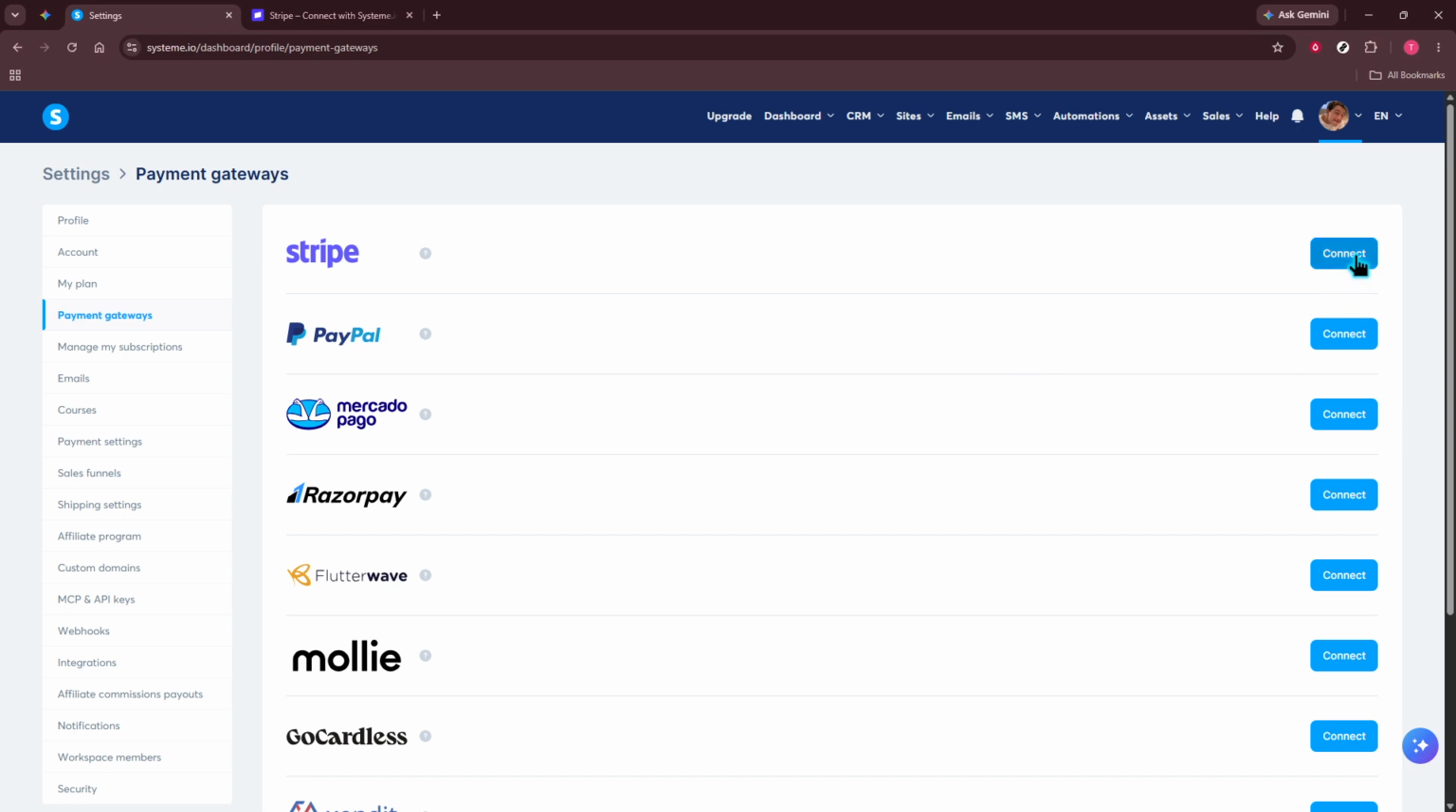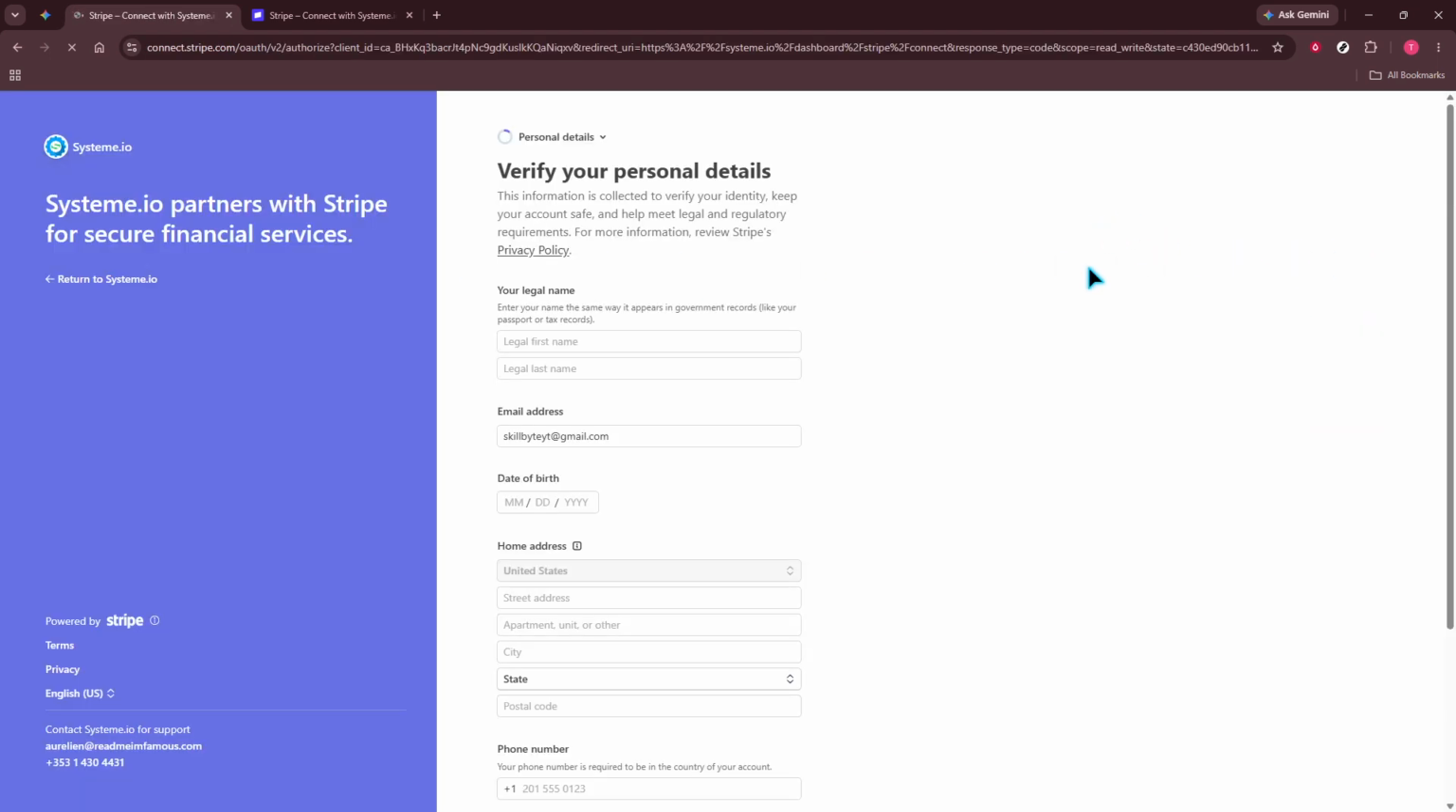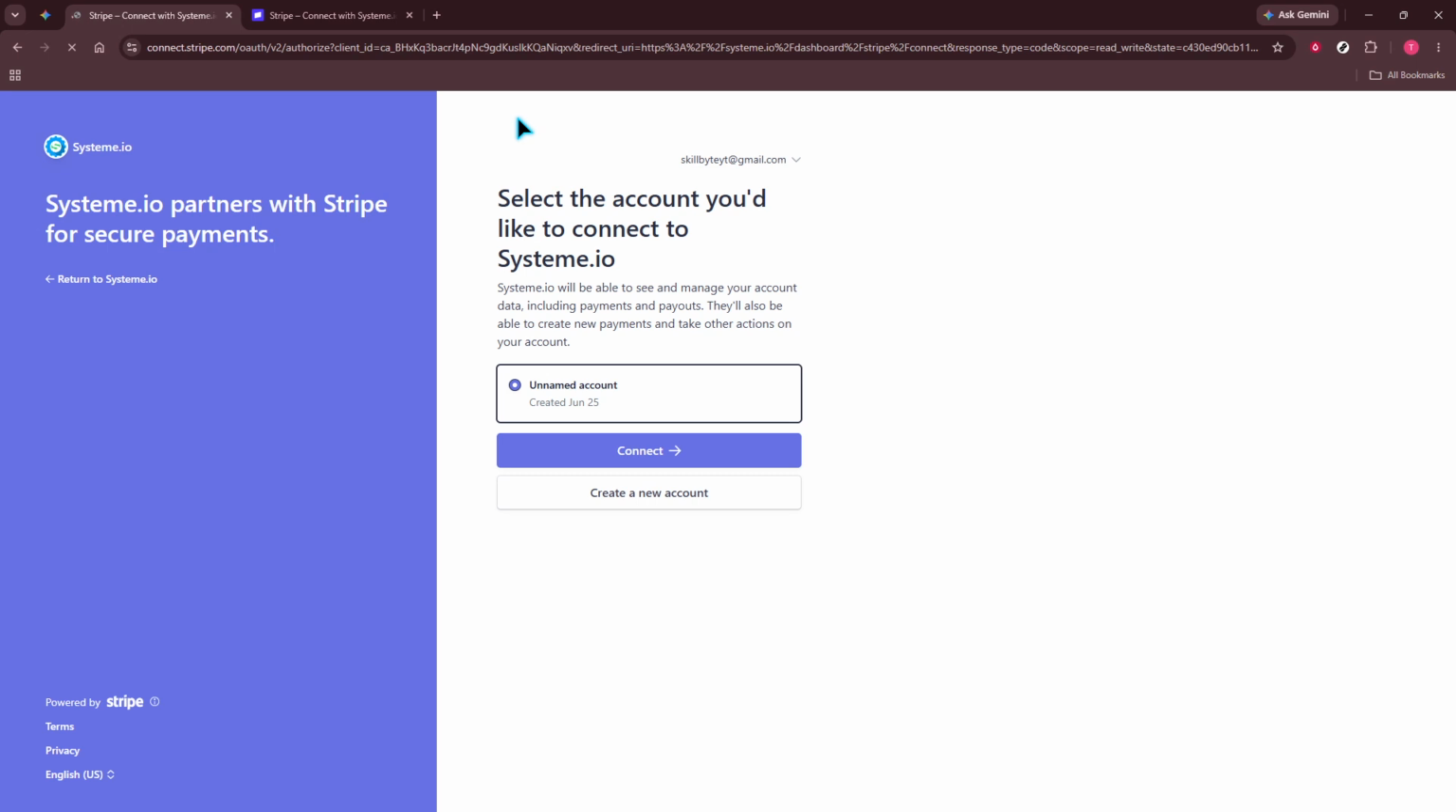Once you're on the Payment Gateways page, look for the Stripe option near the top of the list. Next to it, you'll see a blue Connect button. Click that button to begin the connection process. This starts a secure handoff from Systeme.io to Stripe, so you can safely authorize the integration through Stripe's official login